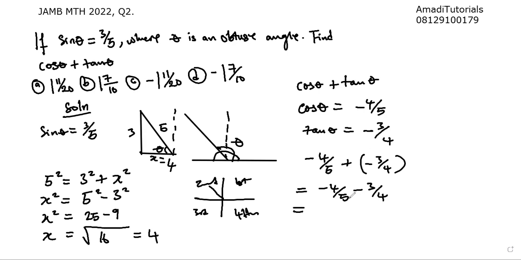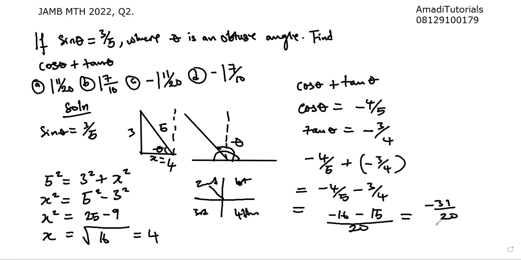The LCM of 5 and 4 is 20. 5 divided into 20 is 4, 4 times 4 is 16. 4 divided into 20 is 5, 5 times 3 is 15. So that will be minus 16 minus 15 over 20, which gives you minus 31